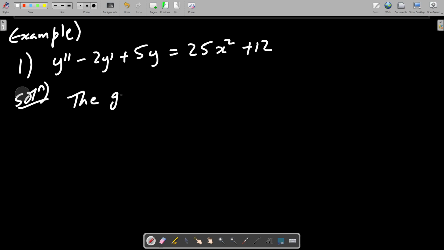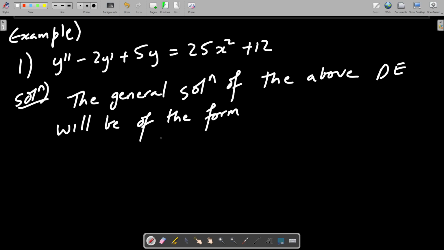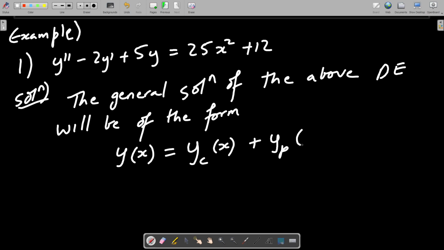The general solution of the above differential equation will be of the form y of x is equal to yc of x plus yp of x, where yc of x is the solution of